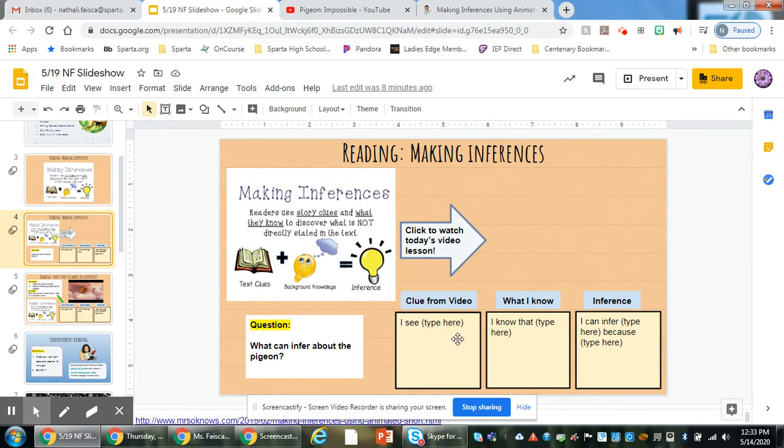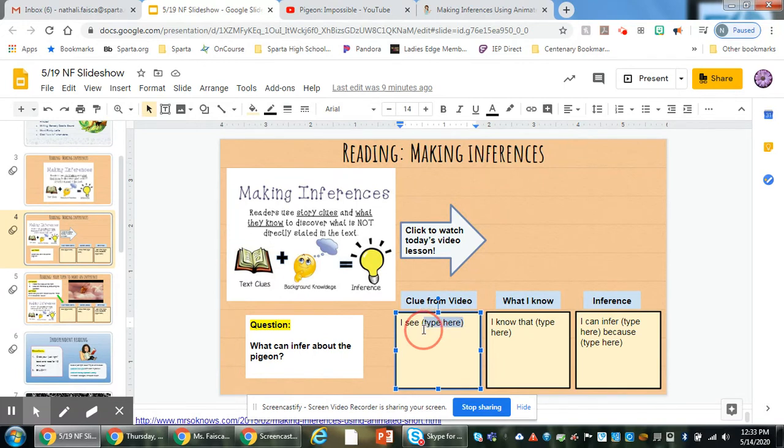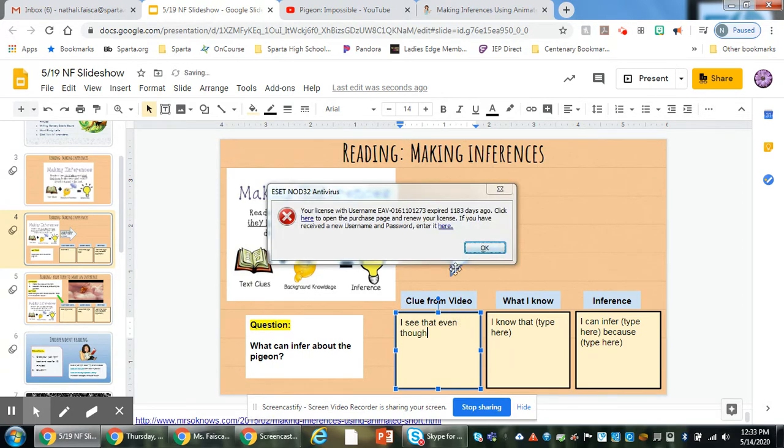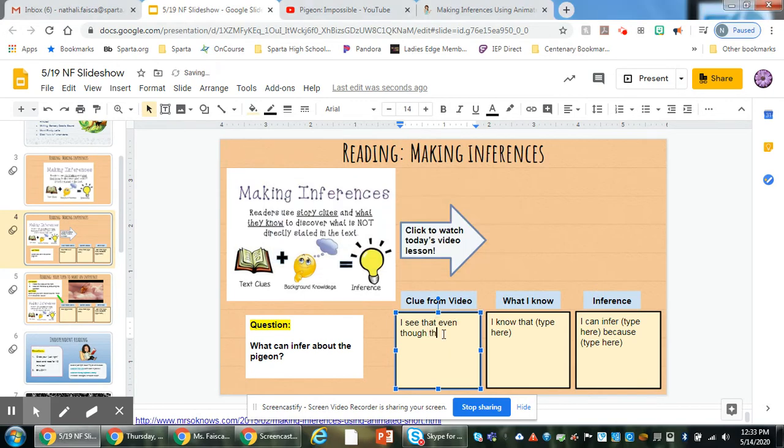Now, when I was watching, I noticed a clue from the video that I saw. So even though I'm not reading a book, I can still find some clues from my video to make my inference. First, I saw that the pigeon, actually, I like this piece of evidence more. I see that even though the pigeon was almost